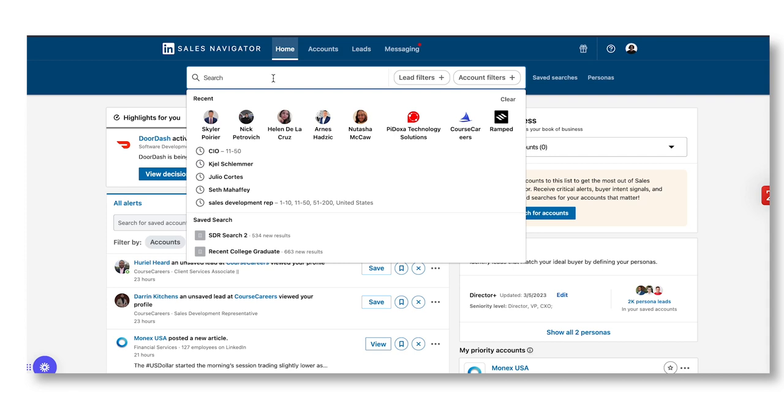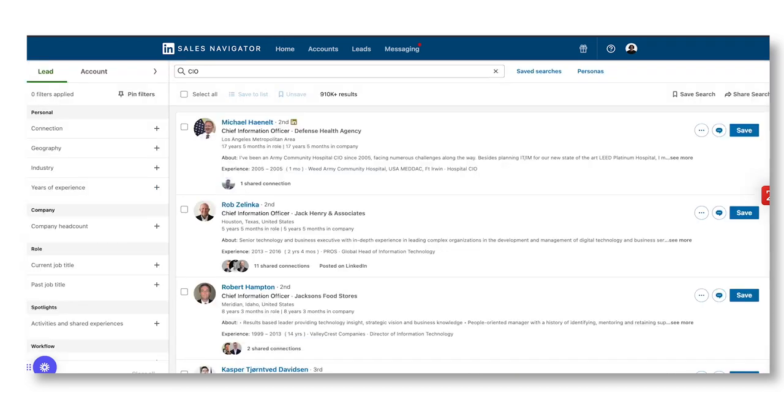Once I get them to spend their first dollar, it's going to make a dramatic impact within my quota. A lot of times when I'm doing events and things like that, I like to target these people directly. One of the key people who fit my ideal customer profile and key persona would be a chief information officer. On LinkedIn Sales Nav, I'll go to CIO, the abbreviation, and you see there's about